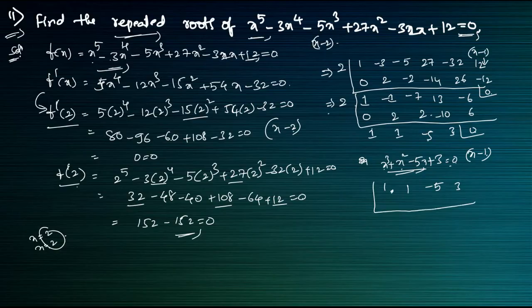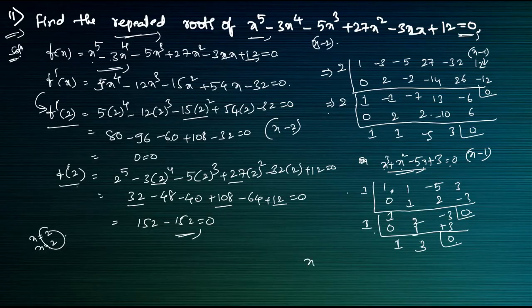So again we have to find multiple factors, repeated roots. So here 0, we will get 1. 1 times 1 is 1, 1 plus 1 is 2, 2 times 1 is 2, 2 plus 2 minus 3 will come, minus 3. 1 times minus 3, so it will become 0. So again I will do with the 1 here. 1 times 1 is 1, 2 plus 1 is 3, 3 plus 3 into 1 is 3, plus 3 will come, so it will become 0.